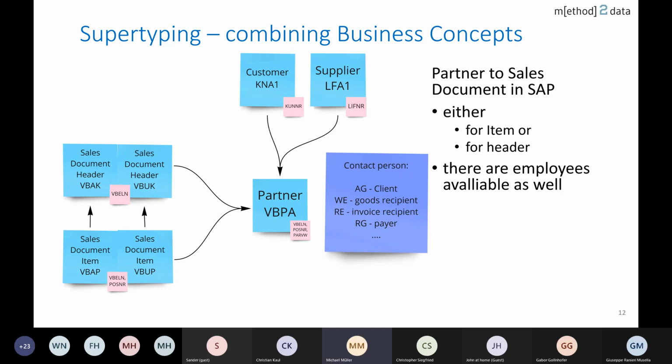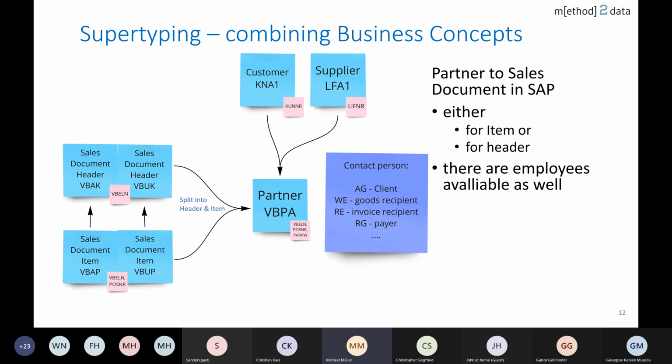And you can have a link to a customer or a foreign key to a customer, to a supplier, and even to employees. So this table contains everything. And nobody wants to work on it like this. So depending on the business object model you got with your business partners,